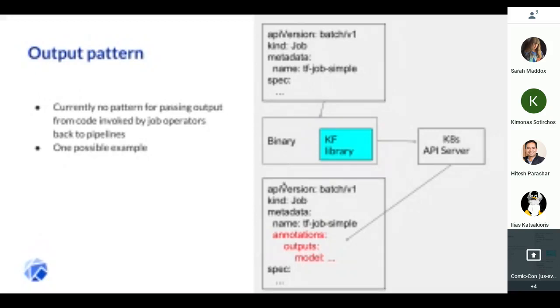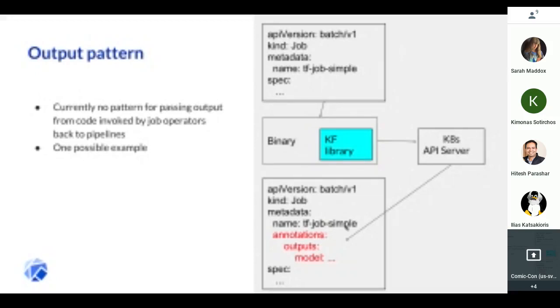So here's one possible way we could define a pattern that would enable that, right? We can take advantage of Kubernetes resources, which allow us to specify arbitrary annotations on that resource. And we could attach some annotation which has named outputs. And in that outputs annotation, we could serialize some well-defined structured data record, right? As YAML or some other serialization.